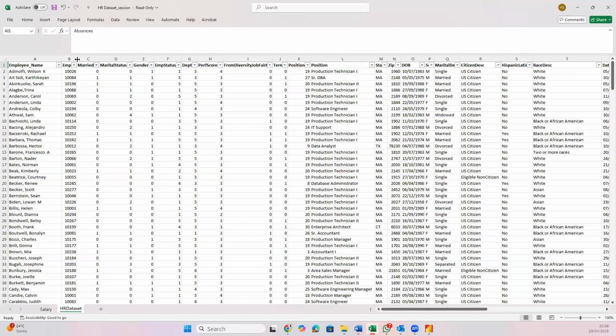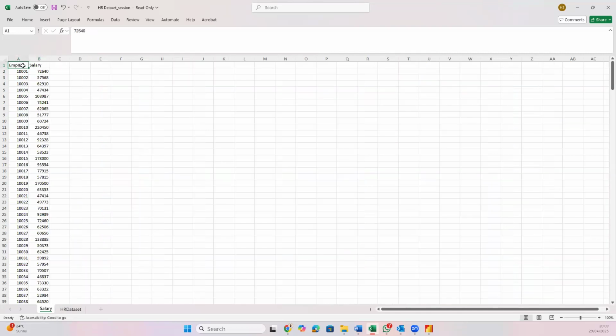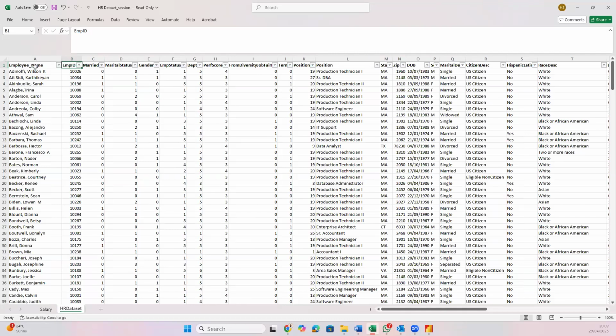We had the employee ID, which is common in both your data sets, and that will ensure that you have a relationship that works and functions according to what is entailed in your data. Here we have only employee ID and the salary, and here we have the employee ID and these other columns. When we were looking at the Power Query Editor, I showed you that we had